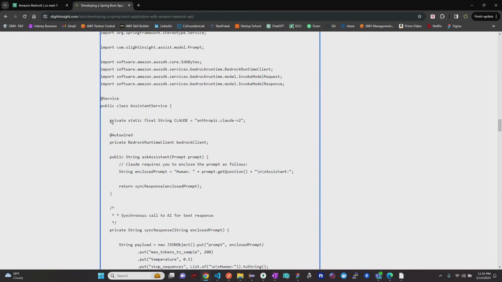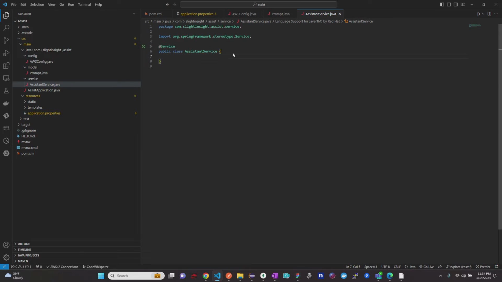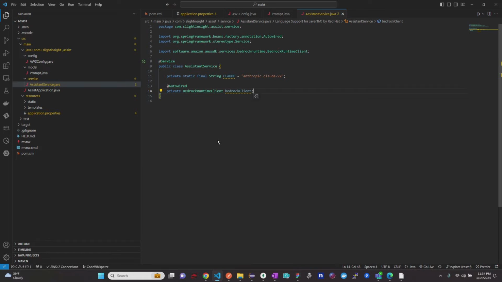The first step is to create a variable for foundational model. In this example, we are going to use Anthropic Claude V2 foundational model. Let's add the Bedrock client instance,